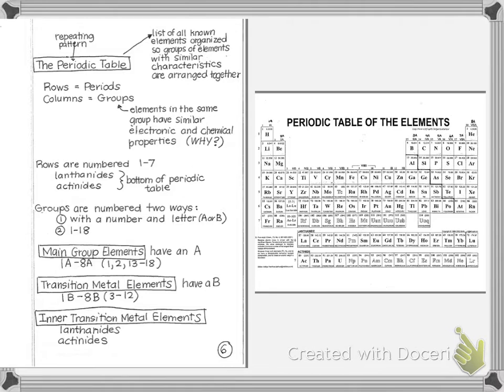The most prominent person that gets credit for the modern organization of the elements is a Russian chemist named Dmitry Mendeleev. In the late 1800s, he arranged the 60 or so known elements into groups, and those groups all had similar properties. And he ordered them in order of increasing atomic weight. And that kind of came to the precursor of what we have now. Now, ours aren't ordered in atomic weight. They're in order of the atomic number, so the number of protons that they have.